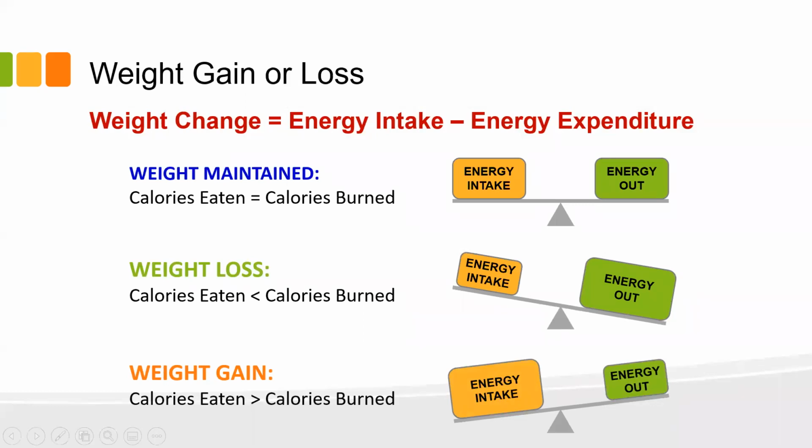Now, unfortunately, there's so many complexities, right? I know some people are thinking in their head right now, well, why is it that me and my friend, or me and my sister, or somebody else, seem to be eating the exact same thing and doing the exact same exercises and routines, and why do I seem to be gaining weight and he or she seems to be losing weight, right?